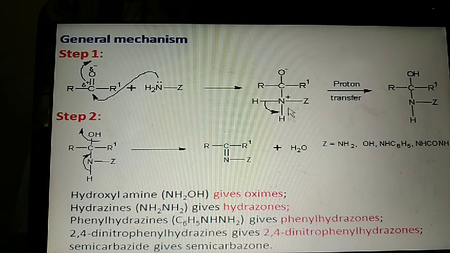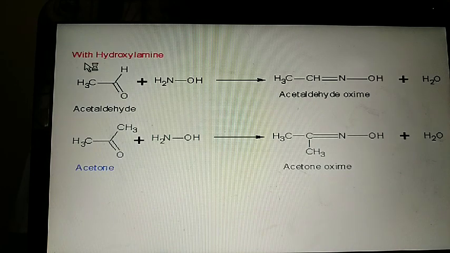Here the proton will get transferred, this O minus will become an OH, then the OH will get removed with the hydrogen and it will become C double bond N. Here R and R dash is just replaced by CH3 and H, this will become an aldehyde, and R and R dash equal to alkyl or aryl, the molecule will become a ketone. So Z means NH2OH, NHC6H5, and so on. Because this is the general method, you can make any kind of molecules by substituting these alkyl or aryl functional groups as well as these substituents. So first we will study with the